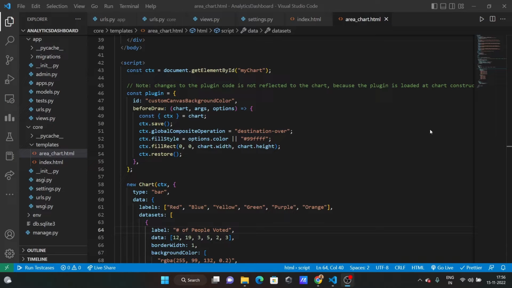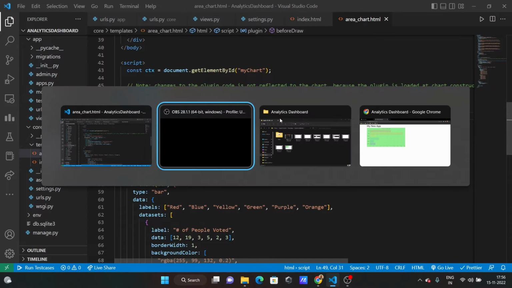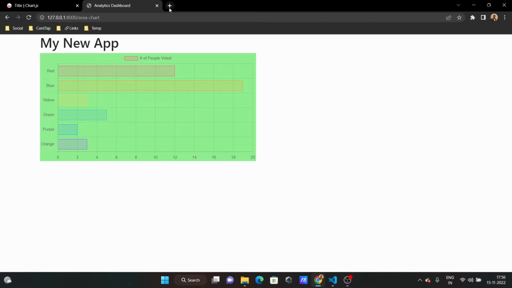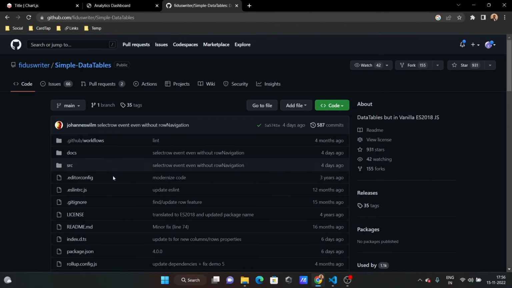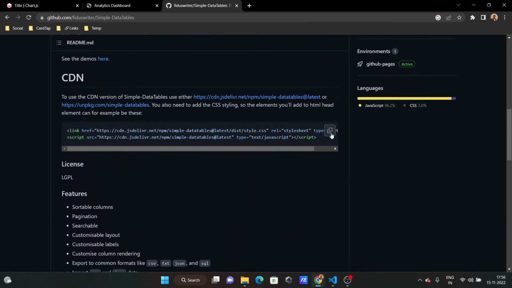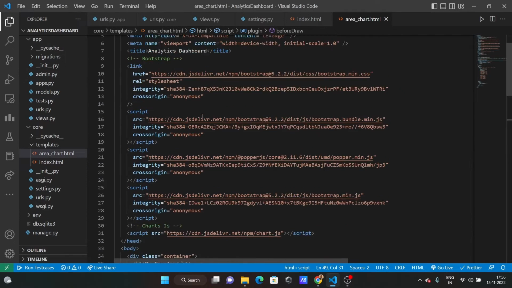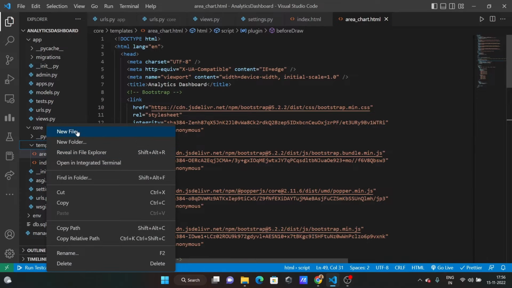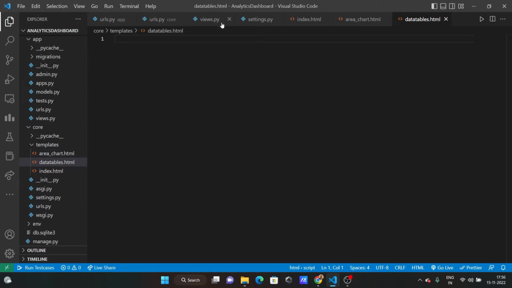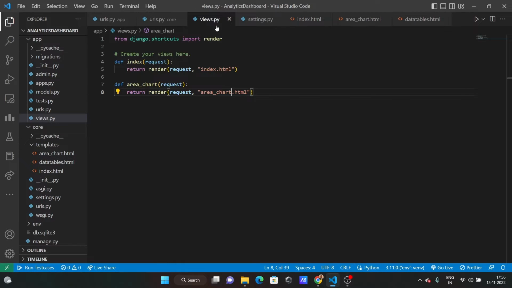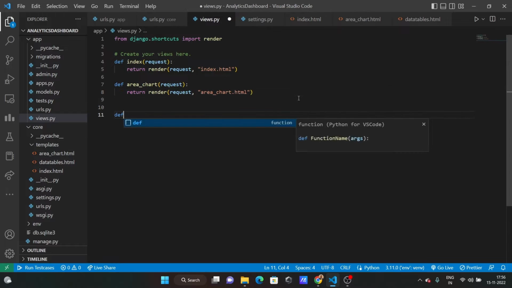So let's include the Simple DataTables library inside our project. For that, first go to Chrome and then search for Simple DataTables. Go to the first one, Fiduswriter, and then here you'll find links, copy it. Before that, create a new template, datatables.html, and inside urls.py you have to create a new URL, and also you have to create a new view function like learn